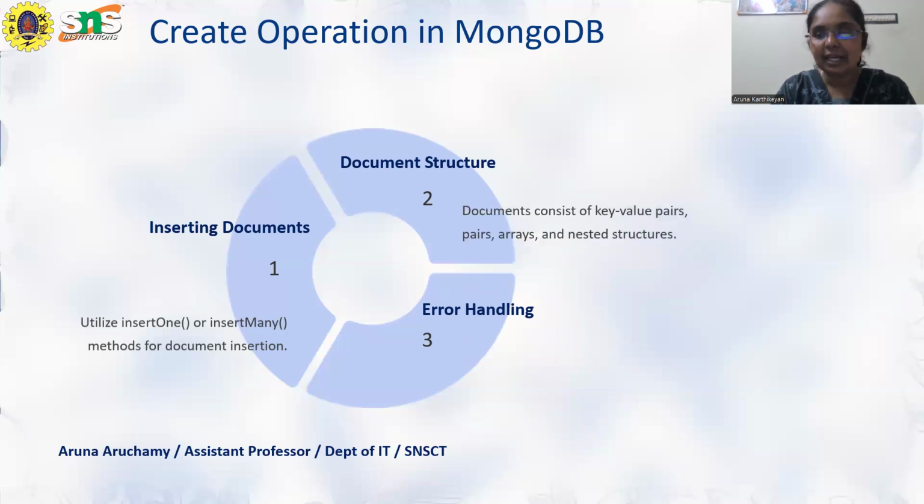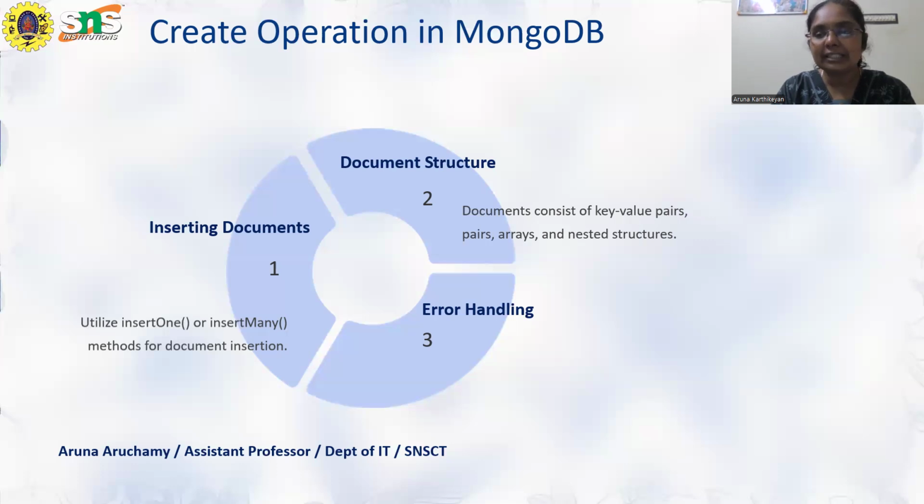The second thing is the document structure. It has key-value pairs, and we can store nested structures of data, that is, data within data. For example, if color is one of the parameters in my collection or my student table, a color can have many values, as I like many colors. My favorite movie also is not a single movie, I have many favorite movies. My hobbies may not be single either, they have multiple values. That is called a nested structure. And we can also store an array of data.